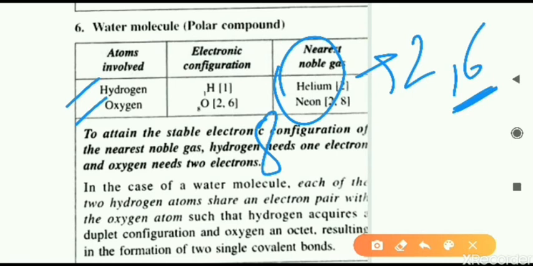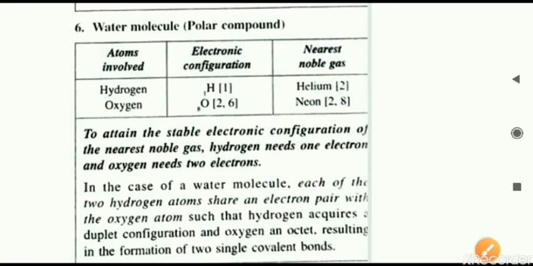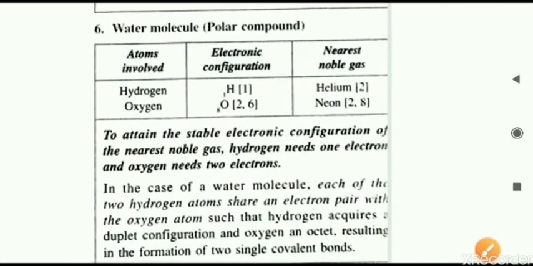It has 6 outermost electrons, and still 2 electrons are needed to behave like the nearest noble gas, that is neon. So it needs to share 2 electrons from something else, in this case hydrogen atoms, which are providing 2 electrons for the oxygen atom. So how the bonding is done, let us see here.